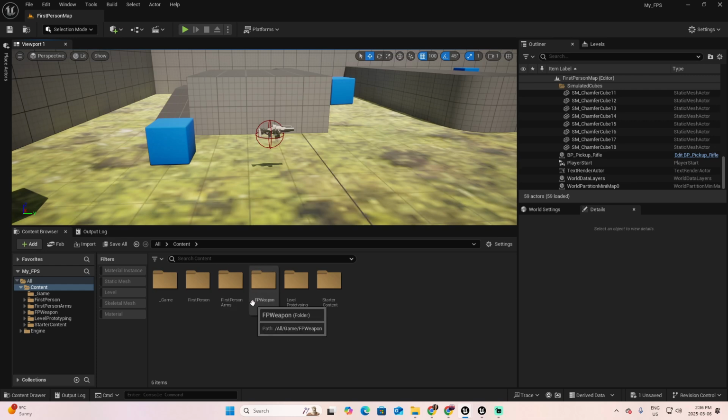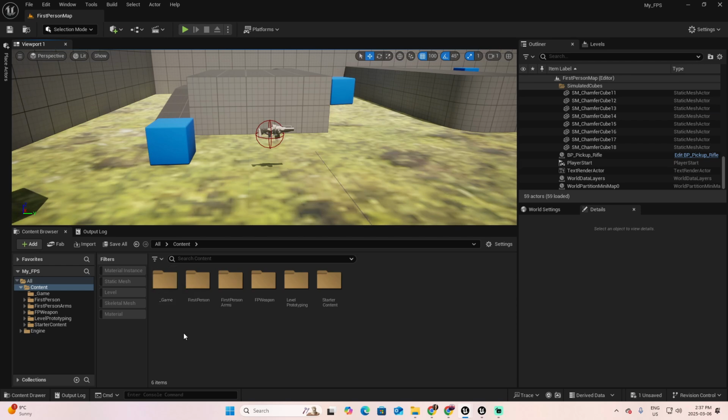This is where you are going to keep all the order of folders, subfolders, and any content associated with your video game. Now, one thing I like to mention about the content browser is first that every folder or file that you're going to add to your project has to be a child or a subfolder of the folder called content. In my case, I usually create a folder like this one, the underscore game, that allows me to classify